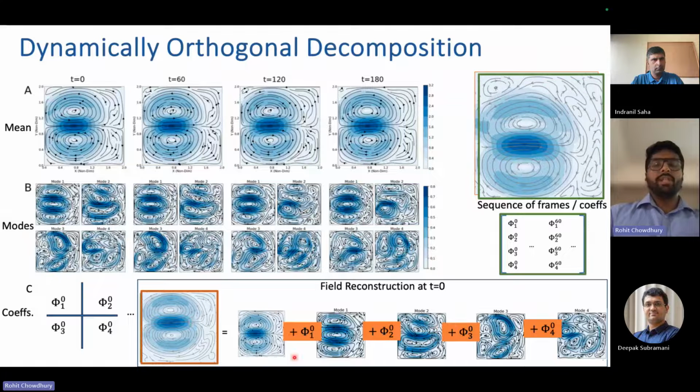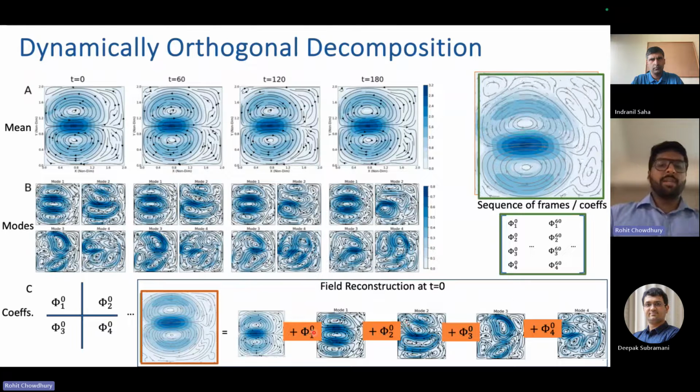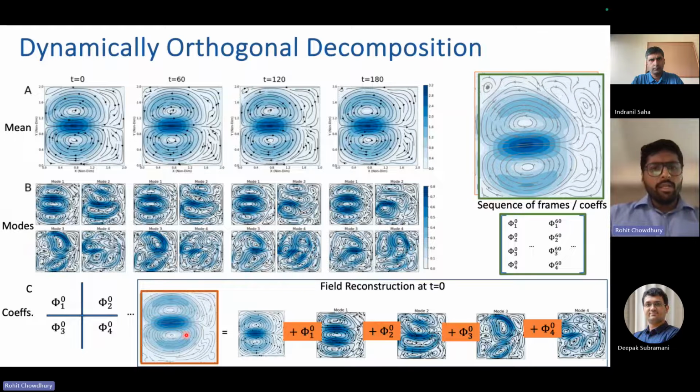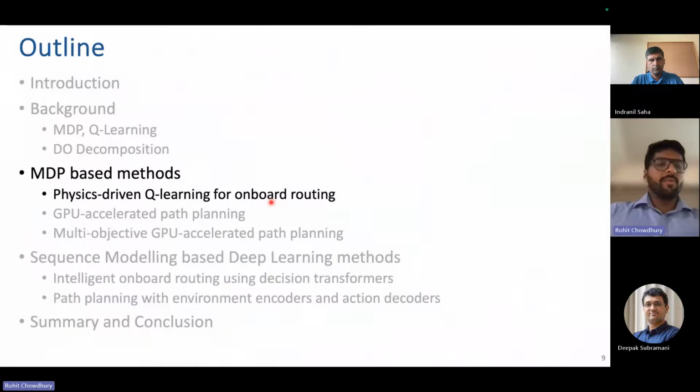Essentially, doing this decomposition helps us with two things. First, it helps us save a lot of memory. And second, it gives us a representation. So the vector of phi's over here gives us a useful representation for representing this entire flow all in all. So yeah, these were some basic concepts that I want you all to be familiar with before I actually move